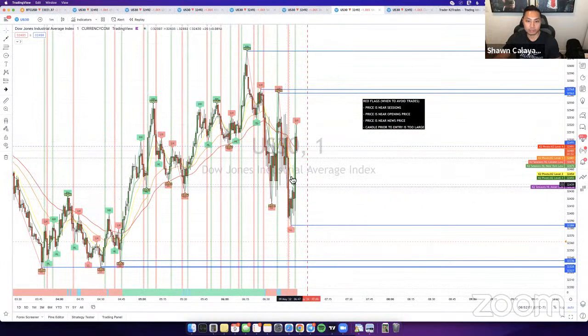Same with this right here, right? This right here would have been a triple confluence. However, it's way too big of a candle. It hits my fourth red flag right here. And look where price went back up. It just pretty much retraced back up. And look where it's currently at. It's right back to where the open price was, right?